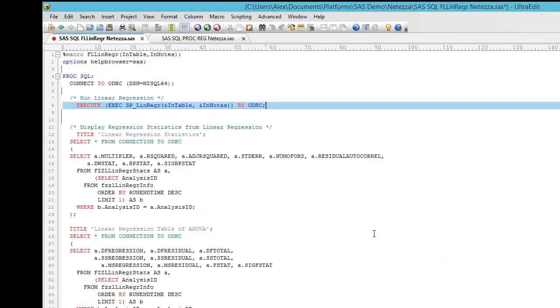In front of you on the screen, you have a smart editor in which we have a SAS macro written that steps us through the Fuzzy Logix invocation. First, we have our procSQL and our connection string to the Netezza box. Our first statement as we run through the code would be to call the Fuzzy Logix stored procedure for linear